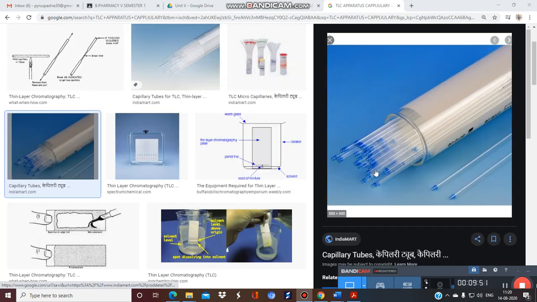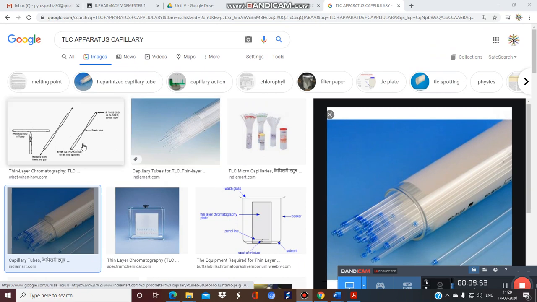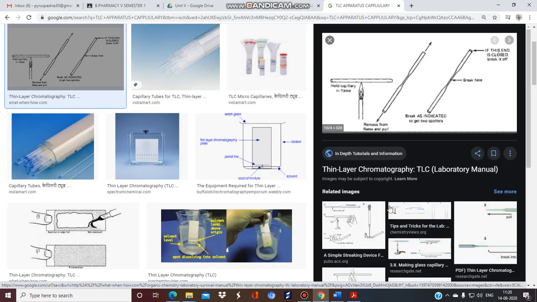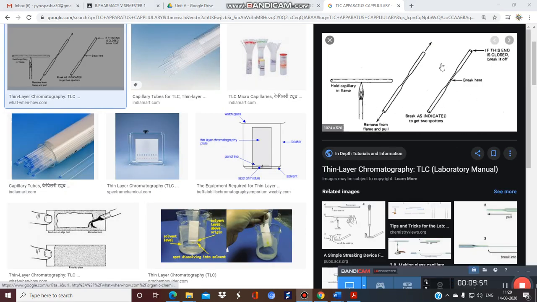Yes, we need these capillaries. Specially made TLC capillaries for the spotting part. So with the help of this capillary, we will